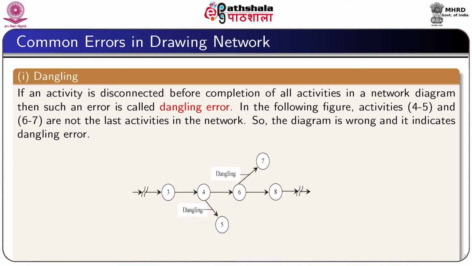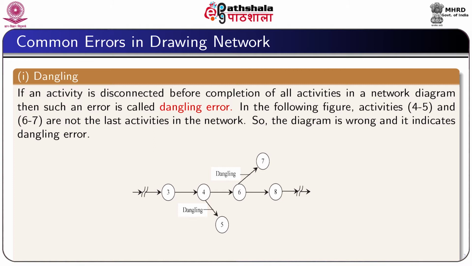Now, we will explain the common errors usually occurred while drawing network. There are mainly three types of error which occur while we draw network. First one is dangling. To disconnect an activity before the completion of all activities in a network diagram